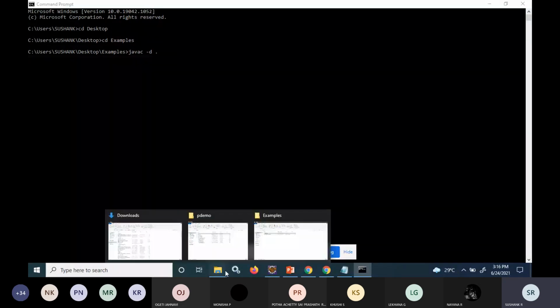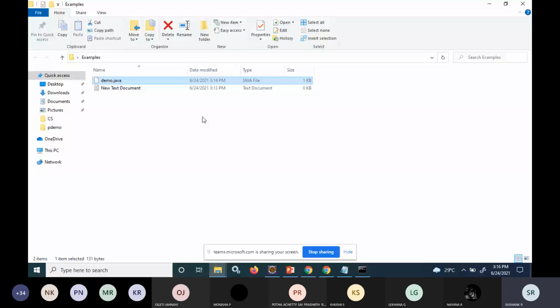I want my package directory to be created in the same folder itself, so the class file should be created in this example folder. For that I'm using the dot, which means the current directory. So my .class file will also be generated in that directory.